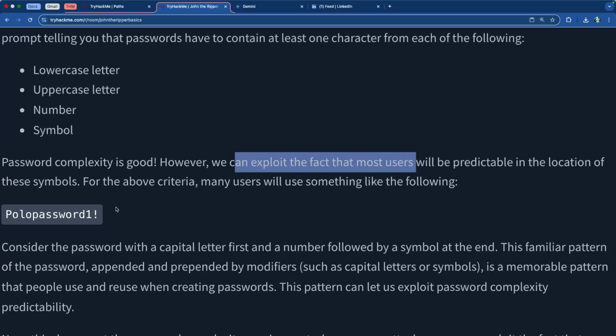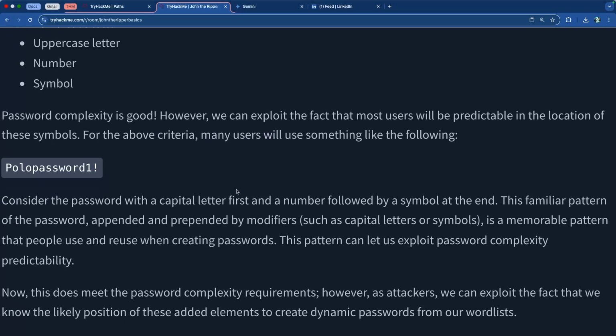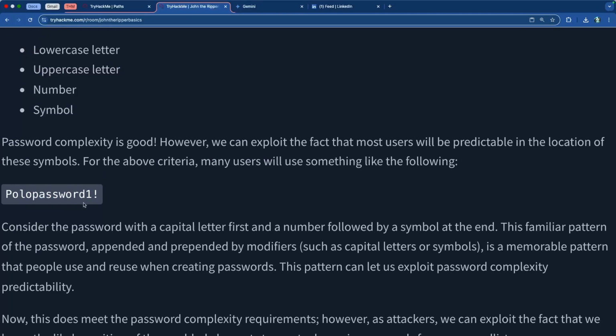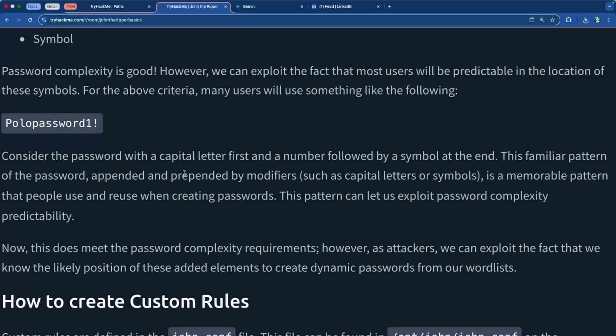However, we can exploit the fact that most users will be predictable in the location of these symbols. For example, the uppercase would be the first letter, and then the number and the symbol would typically be at the end. So for this criteria, many users will turn polo password into this, right? So considering the password with a capital letter first and a number followed by a symbol at the end,